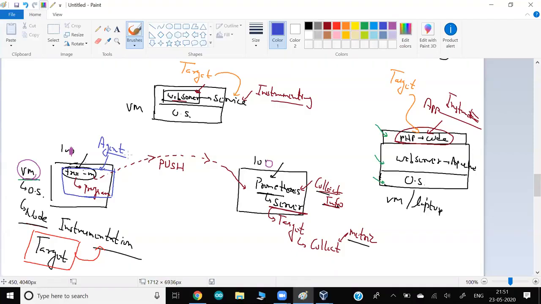In this program we have some kind of limitations. I will discuss that in the future, not right now, because I just wanted to show you how to set up Prometheus. So we'll discuss it in the future. But Prometheus works in a different way. How do they work? In Prometheus we have to run a program here.